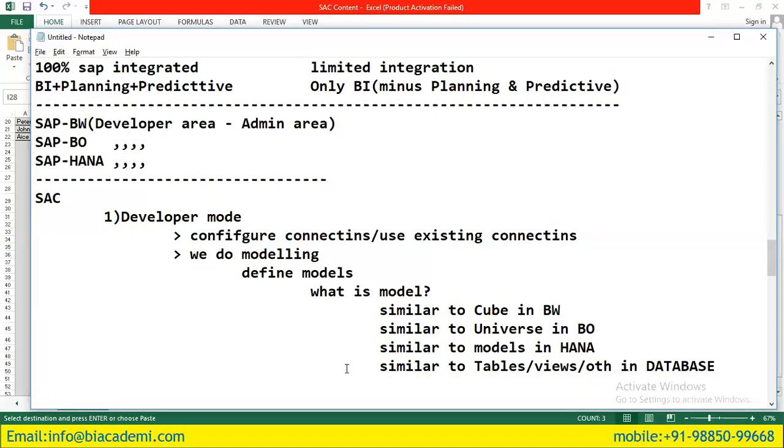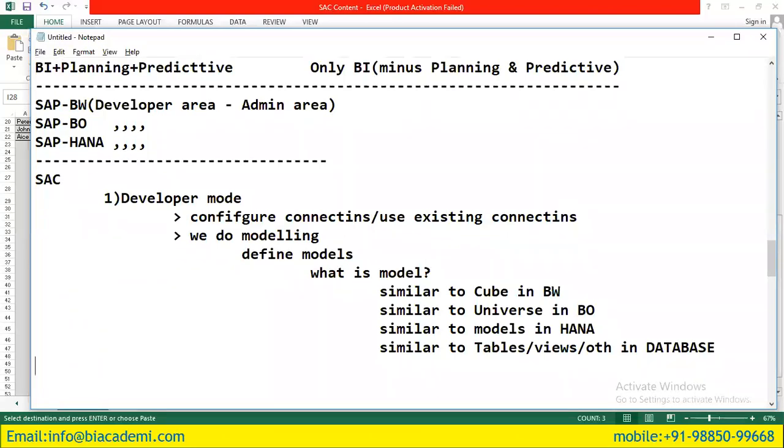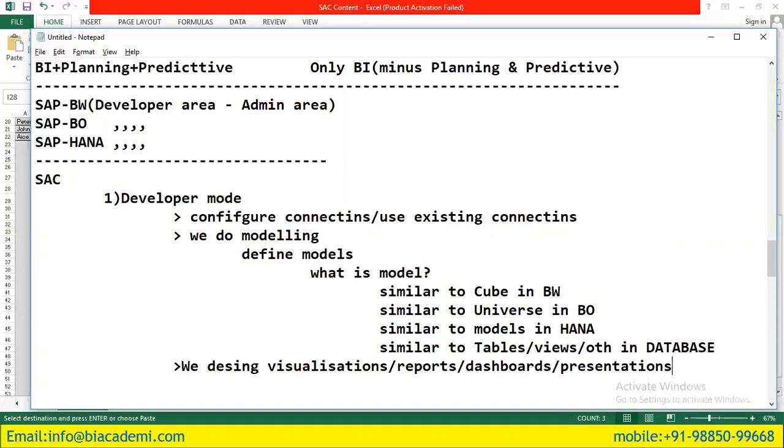Once modeling and cleaning are done, the next thing is we design reports, or visualizations, or we can call it dashboards, or presentations. But in SAC